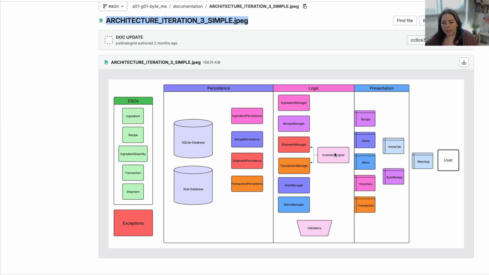We can also see that they have some kind of an engine, this inventory engine, that seems to help with managing shipments and transactions, and that they also have another class in the logic layer specifically tailored to validators. So they may have things that need to be validated that have similar validation rules across many of their logic-based classes, and so we see that they made a validators class over here. And each of these are representative of